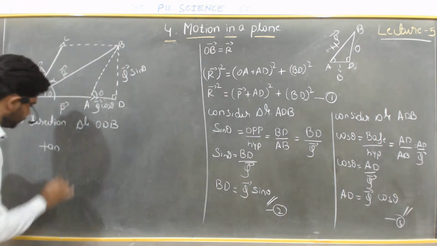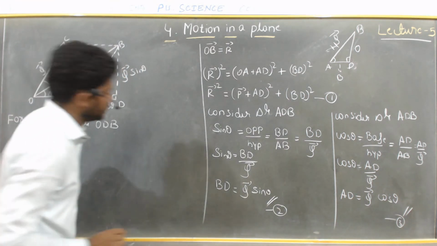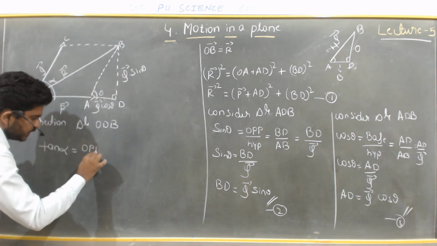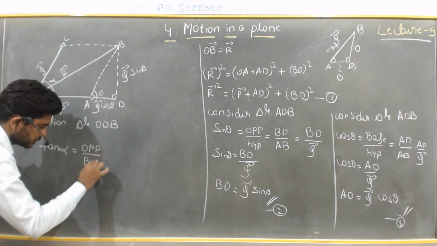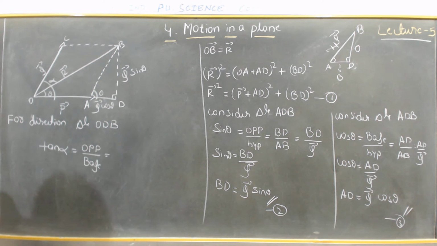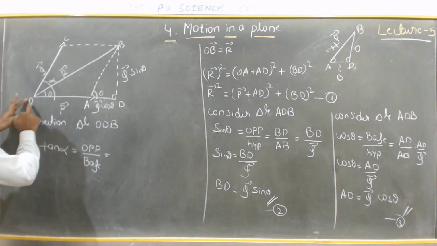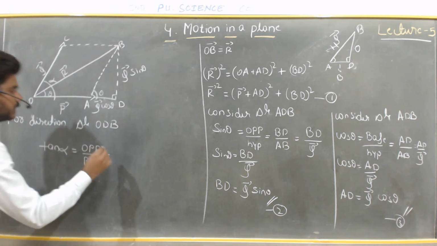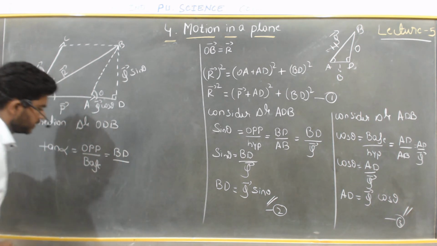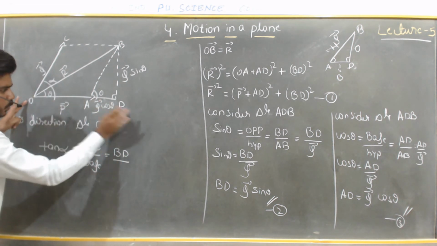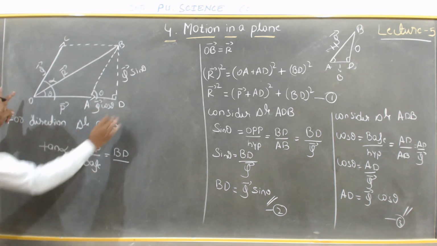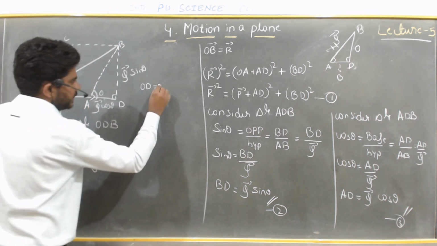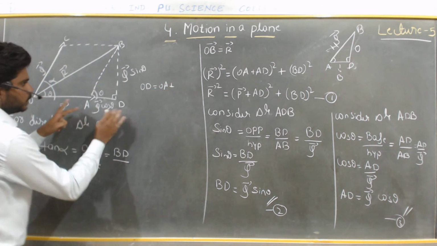So tan alpha is equal to, so tan function formula is what? Opposite divided by base. See, opposite divided by base. See here, opposite is which? Up to this triangle ODB, opposite is this one, BD or DB, right? BD divided by base is OD. Again OD is splitting into two terms. OD is equal to O to A one side, next side will be A to D.